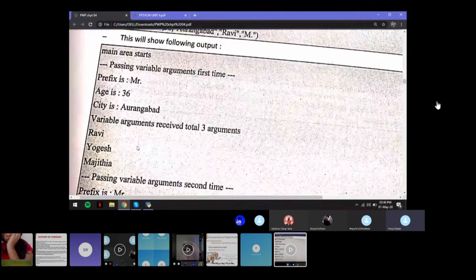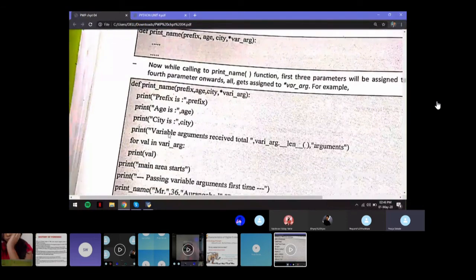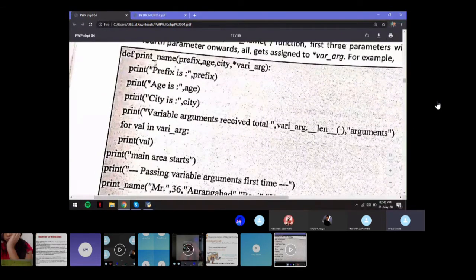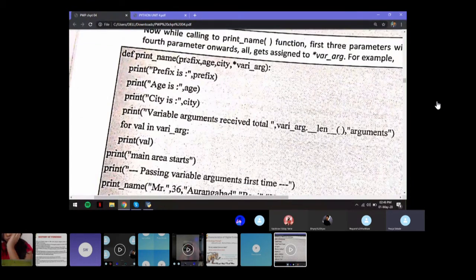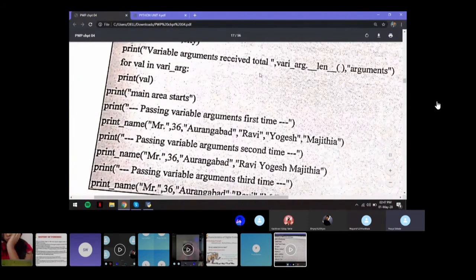Now another thing which can be used: see over here in this example, you again have the print_name function, but here you're not using variable arguments for everything. Instead, you're using a separate argument for prefix, a separate one for city, and age, right? Because these are the things that you're sure about, and they will not take much memory space. It will only use a limited amount of memory. But in case of, say, an address, you can use the star sign to specify it. So you use the star wherever you're not sure of the length. Okay. Next.